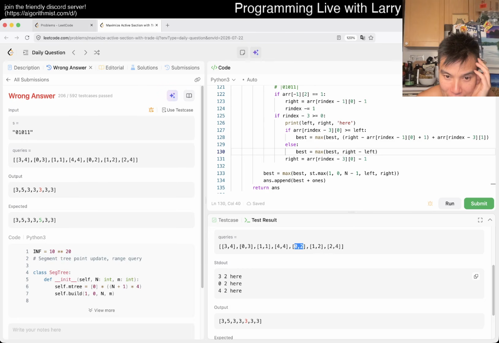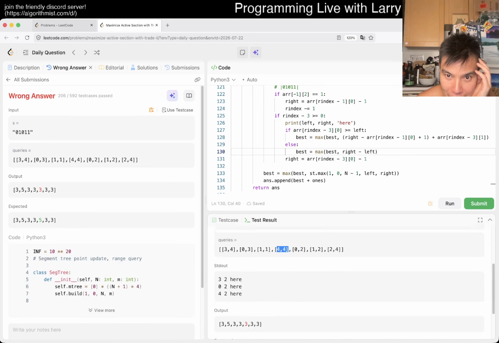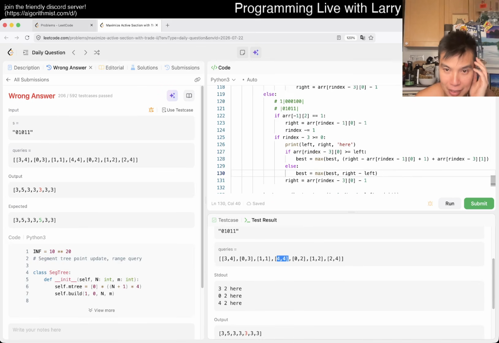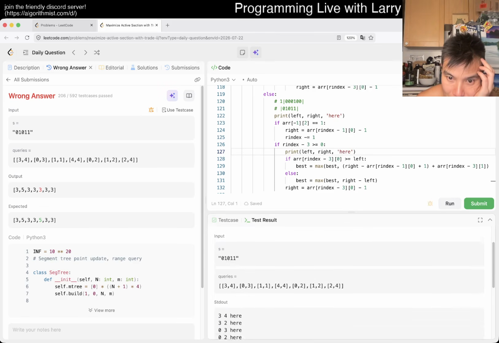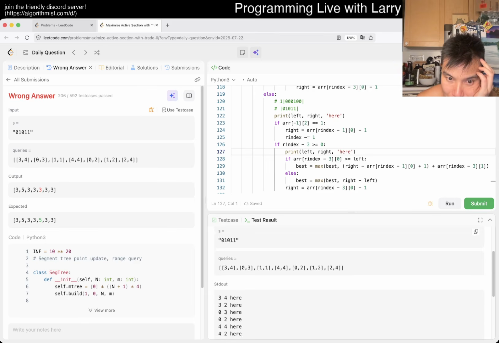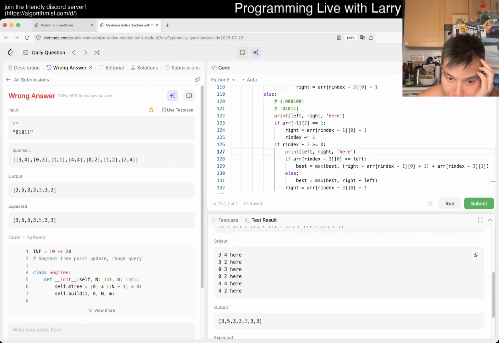I have no idea where this 4, 2 comes from. I thought it was just 4, 4 in a weird way, but okay,